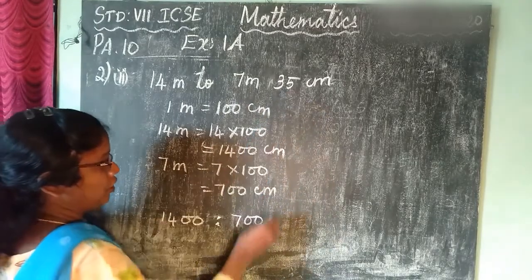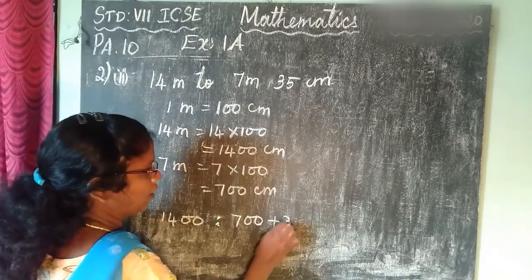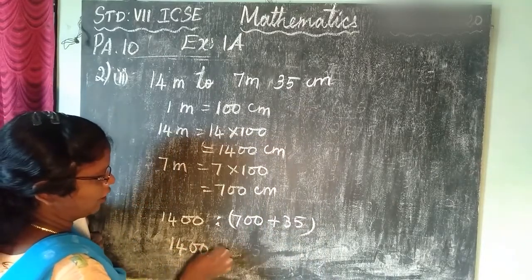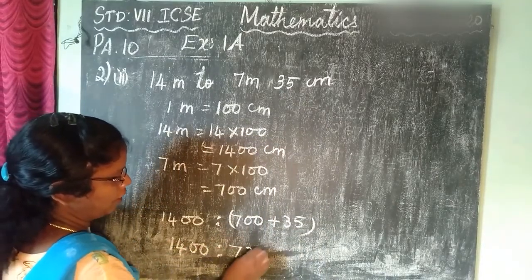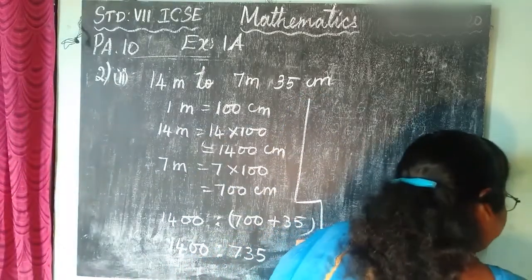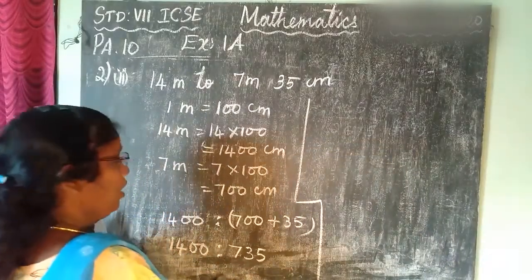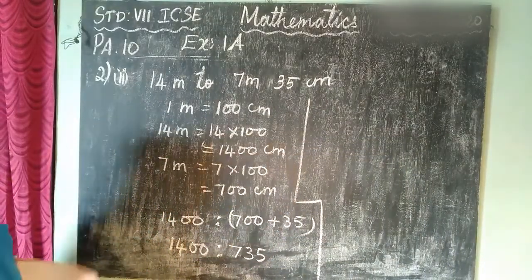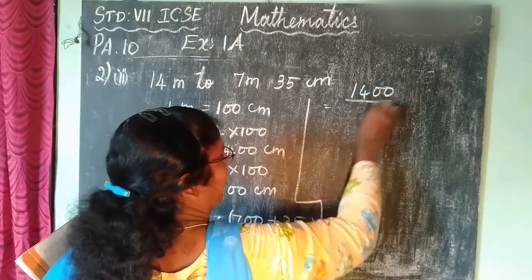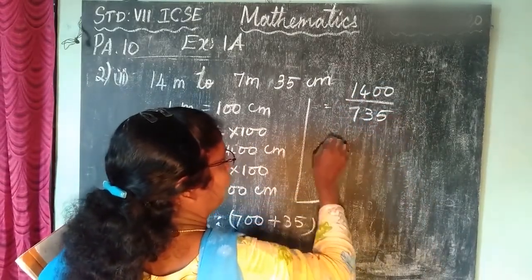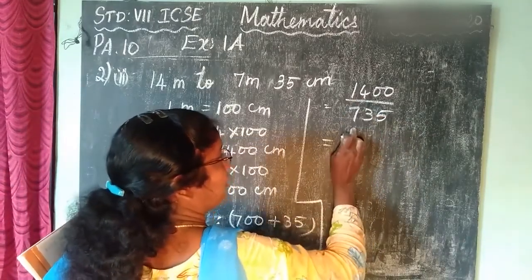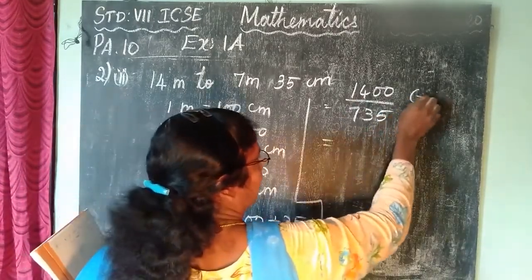Already here 35 centimeter we have, that we'll add here. So 1400 is to 735. We'll reduce this. This can be written as 1400 by 735. We'll cancel by 5 or by 7. If we cancel by 7,